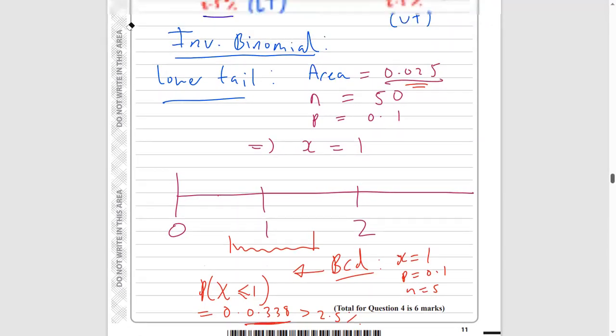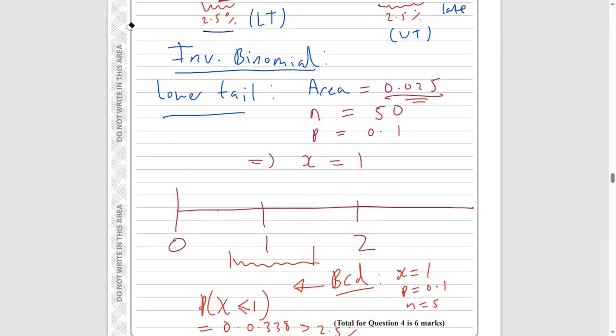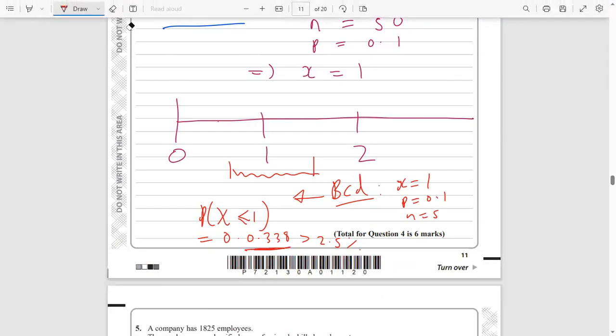So 1 is not in the critical region, but 0 must be, because we know from the inverse normal calculation that we've got, technically, a critical value in speech marks of 1, but we just saw from the calculation here that 1's not in the critical region because it's actually bigger than